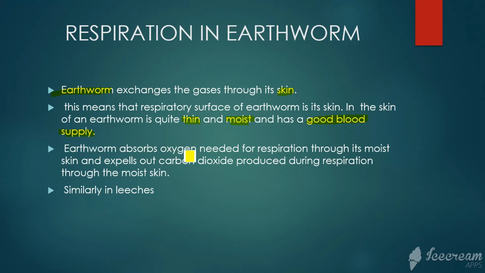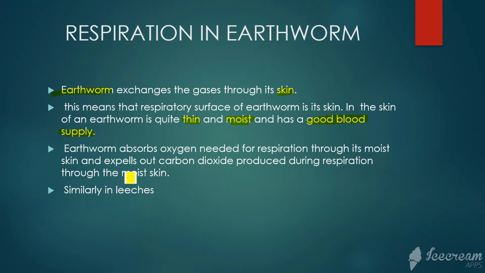Earthworm absorbs oxygen needed for respiration through its moist skin and expels carbon dioxide produced during respiration through its moist skin. Earthworm क्या करता है? Will absorb oxygen needed for respiration. प्रोसेस ऑफ रेस्पिरेशन के लिए जो ऑक्सीजन की ज़रूरत है उसको अब्जॉर्ब करेगा एंड जो रेस्पिरेशन के टाइम पे जो कार्बन डाइऑक्साइड बन रही है इसको एक्सपेल आउट ऑफ द बॉडी करेगा, एंड ऑल दिस विल हैपन